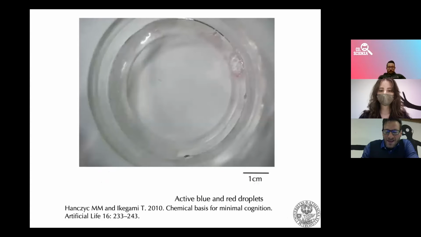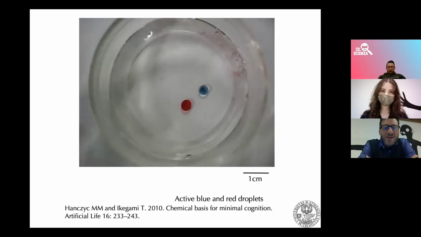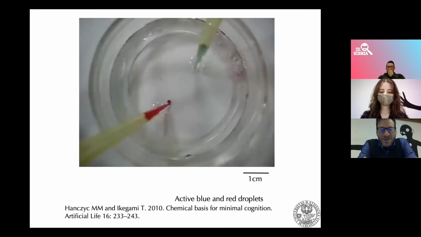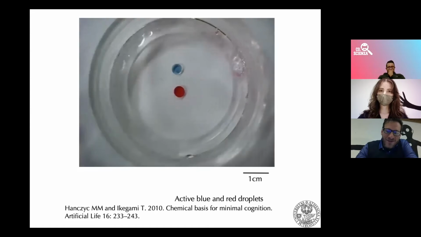Okay. Then just for fun, and I won't have time to get into this, if you put two active droplets together, they both have the same chemistry. They just have two different dyes just for a color effect. So you can see the result here that it appears that the action of one droplet is influencing the action of the other droplet. And this is statistically significant and quantifiable. I don't have time to get into the results here, but I just want to show you this,